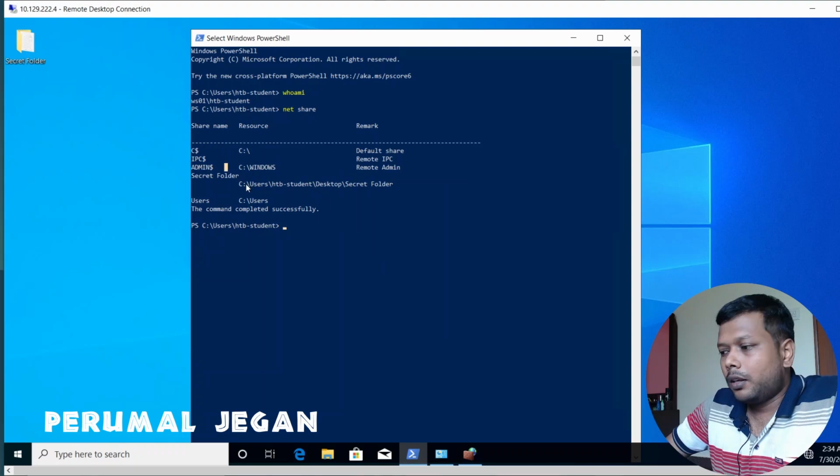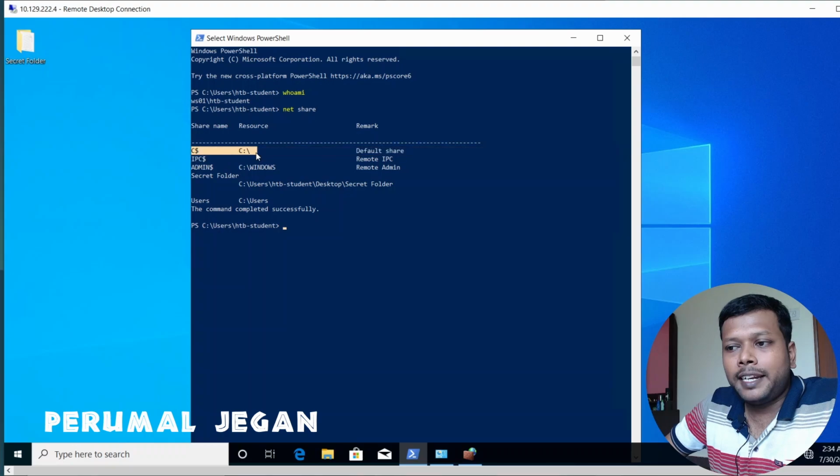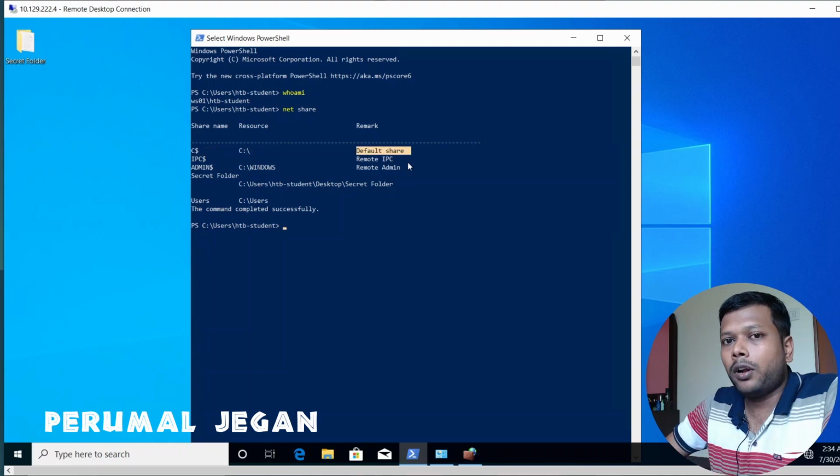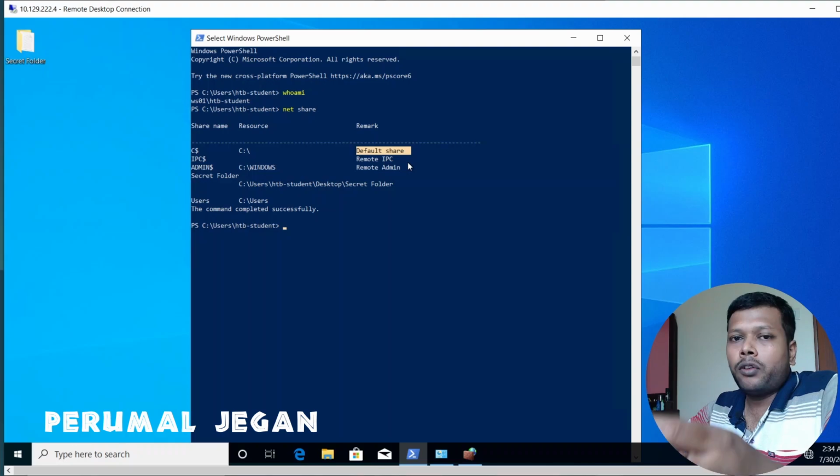You may see here the C drive is also present in that shared list. We haven't shared the C folder, but it is present. It is called a default share. So by default, the critical C folder is being shared over the network. So please be careful when you are configuring the network shares.